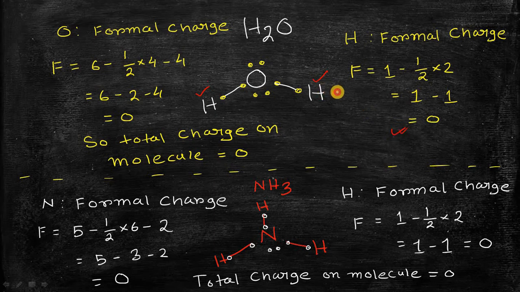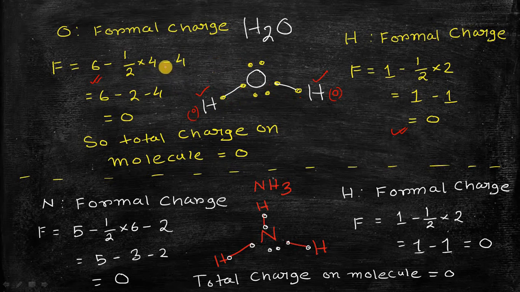So both of these hydrogen atoms contain 0 formal charge. Similarly, we have to calculate the formal charge for the central oxygen atom. So oxygen, as we have discussed earlier, is a group 6 element, so the number of valence electrons will be exactly equal to its group number, that is 6, then minus half of the number of bonding electrons, so that is 1 plus 1 plus 1 plus 1 plus 1, that is equal to 4,